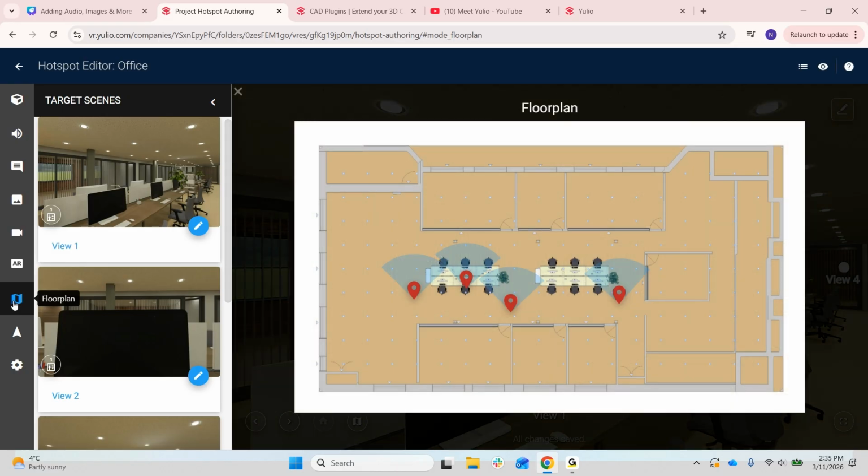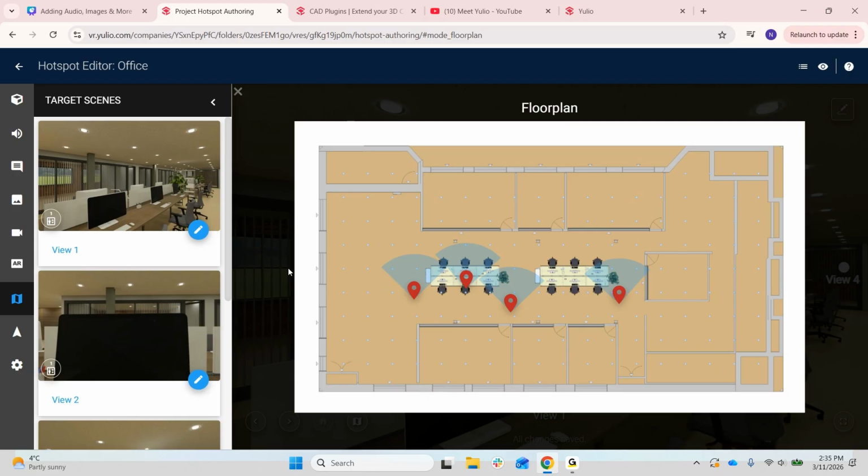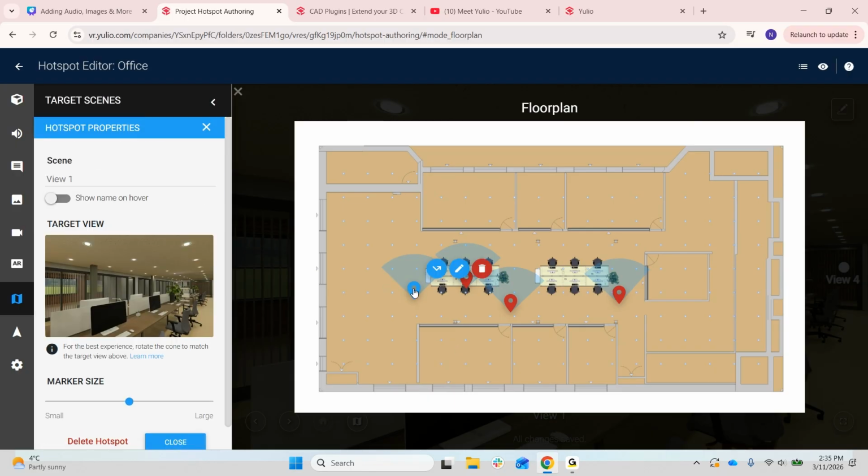And if your floor plan has not been calibrated for forward gaze navigation, you'll notice that all of these navigation cones will be facing upwards. If this is the case, you'll have to adjust the direction of your cones to match the direction of your camera in these thumbnail images here. So I'm going to show you an example. I'll go through each of these because they're all facing up, and I'll show you how we would adjust those. So here's view one, and that is this